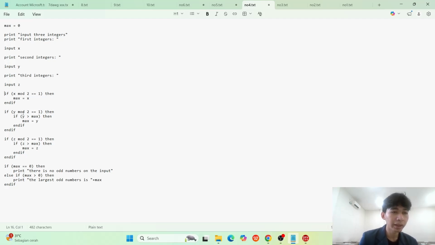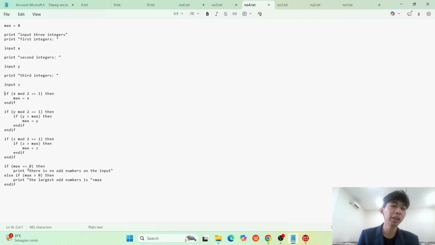So here we can see that if max is set by x, and then we compare whether y is bigger than max. If yes, then max is changed into the y value, and that happens again if max is smaller than the z value.